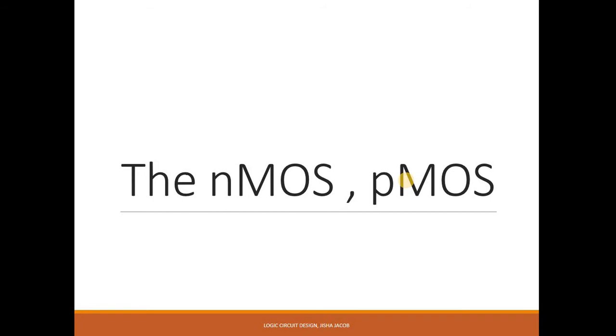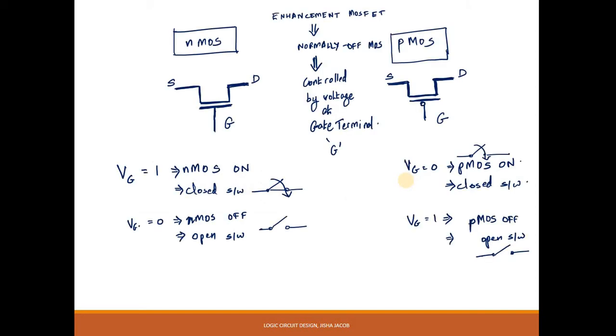Let us talk about some basic characteristics of NMOS and PMOS before actually going into the gates. We need to understand this much in order to understand the working of the NOT, NOR and NAND gates. For an NMOS, this is the symbol. As you can see, it has three terminals. The fourth terminal is not shown here. The fourth terminal is actually called the bulk, B. In addition to that, you have source, drain and gate terminals.